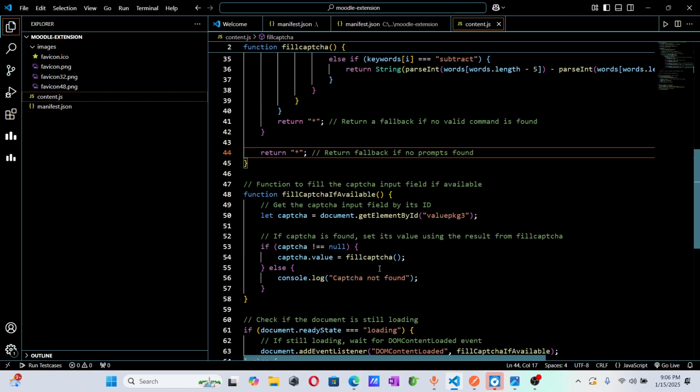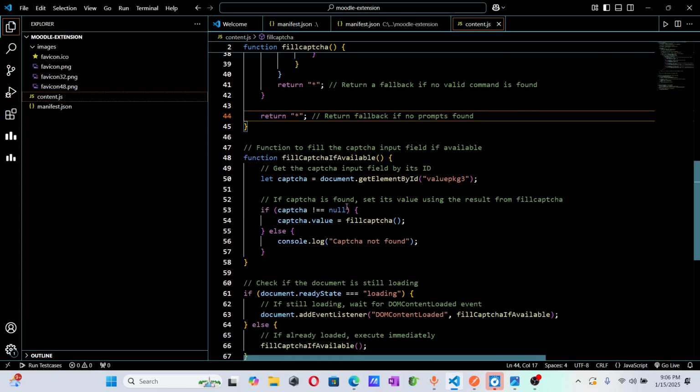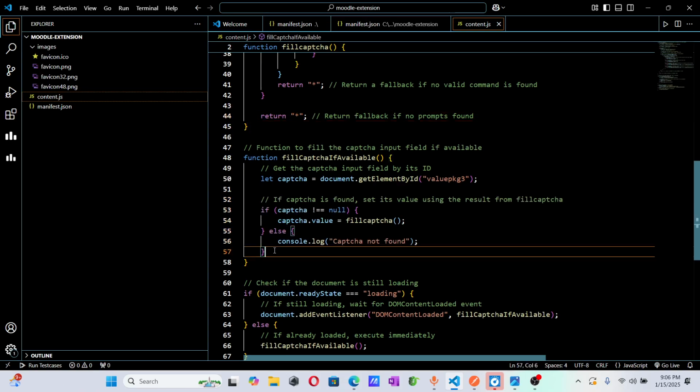Now you got the captcha, I mean, what to enter. Now, where will you enter? That's the question, right? So, this sentence I think is important because